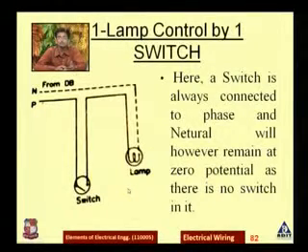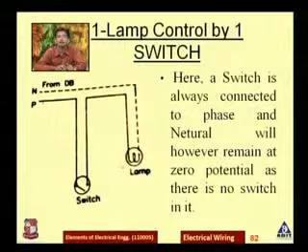Why is only the phase connected with the switch? The two terminals of the switch are connected in series with the lamp, in series with the equipment. Because the supply voltage will flow only from the phase, and in the neutral there is zero potential, so no switch is required. Or suppose by mistake we do the wrong connection and connect the switch in the neutral, what will happen? Our lamp will glow, but what will happen?